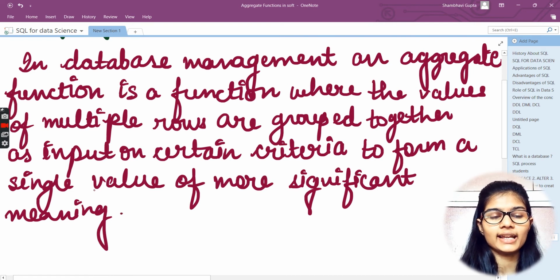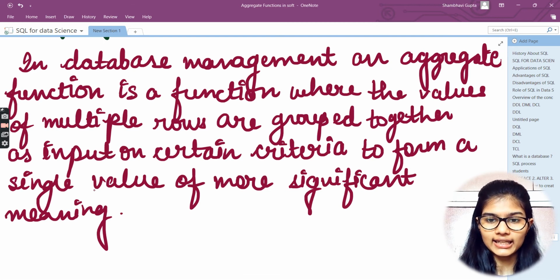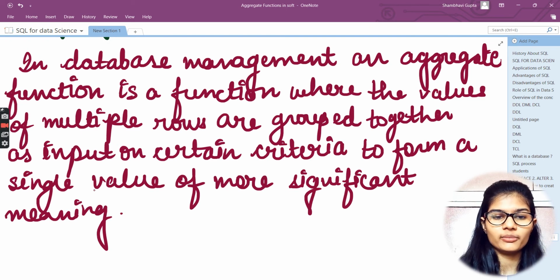This is what we meant by aggregate functions in SQL: in database management, an aggregate function is a function where the values of multiple rows are grouped together as input on certain criteria to form a single value of more significant meaning.